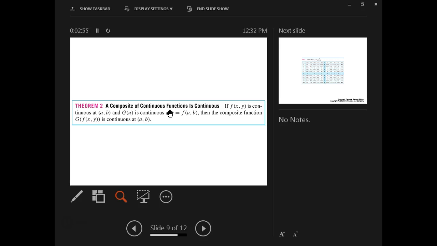So in other words, f is continuous at this point. g is a function of u, and it's continuous at c, which is f at a,b. Then the composite function g of f of x,y is continuous at a,b. Okay? Now,